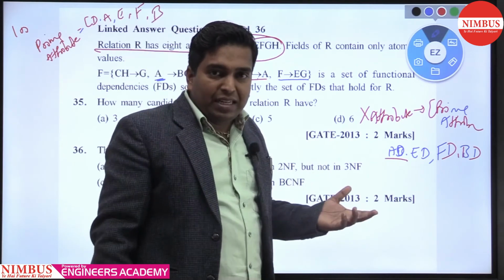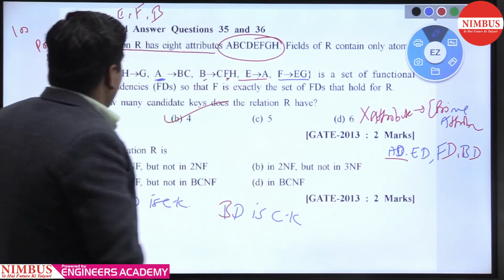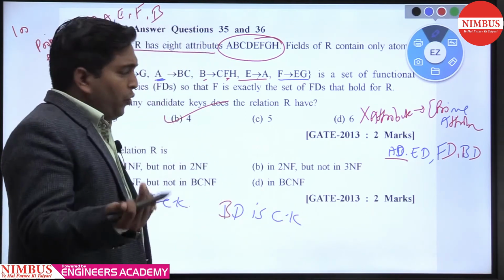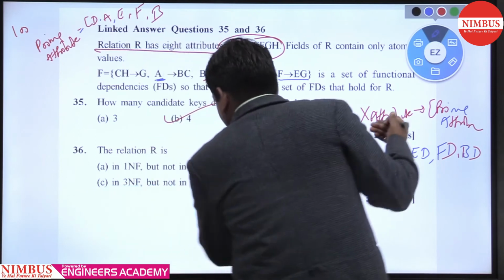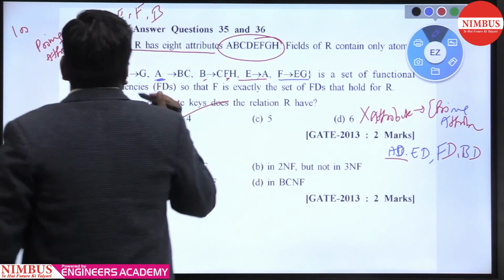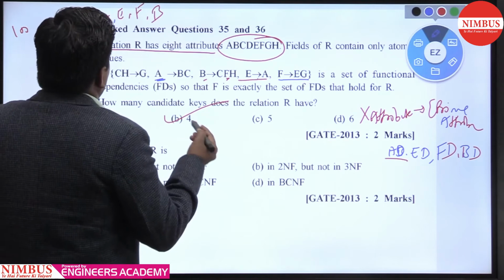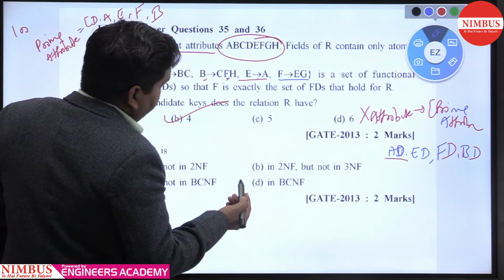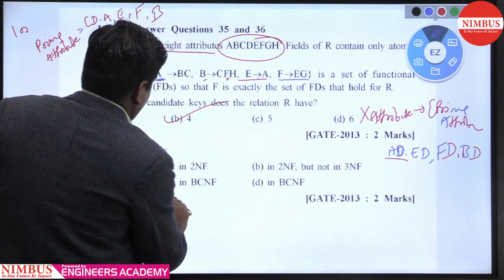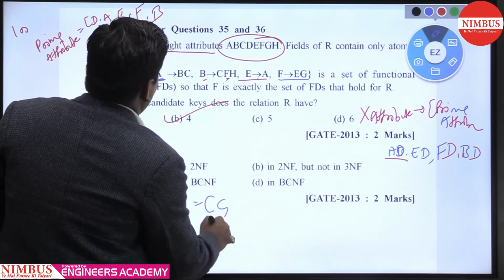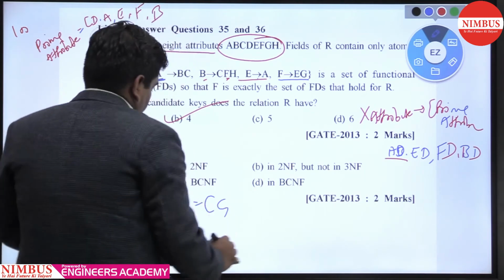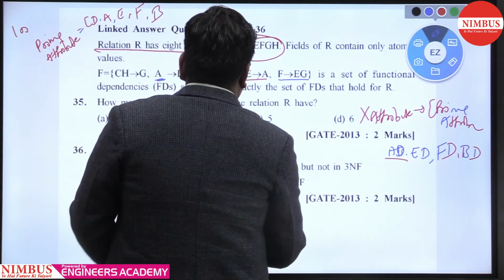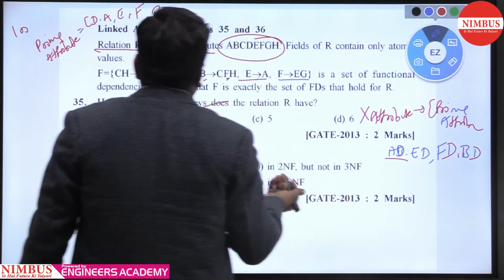First thing, we can determine the candidate keys, so R is in 1NF. Now we are talking about 2NF. We have to check whether a proper subset of a candidate key determines a non-key attribute. So what are the key attributes? These are the key attributes, and the remaining attributes are non-key attributes. Getting my point? C is a non-key attribute. H is also a non-key attribute, and you can see more also.